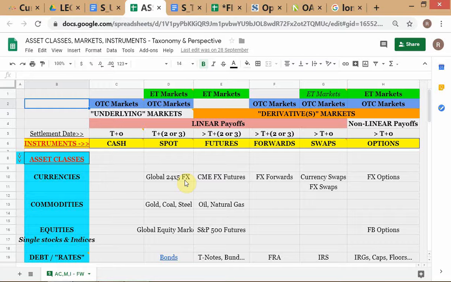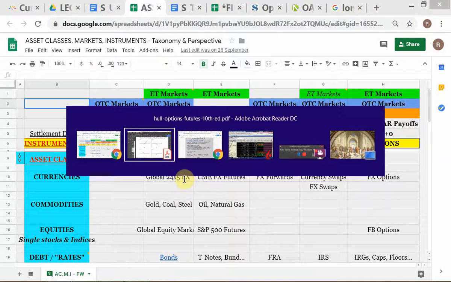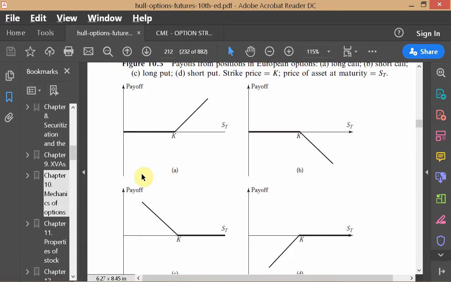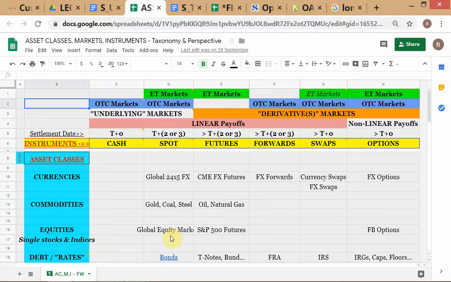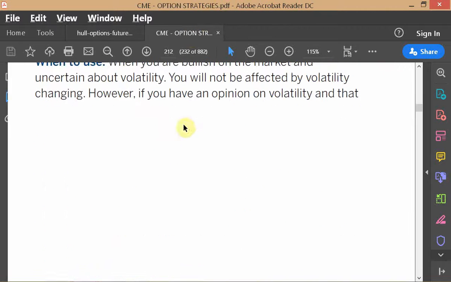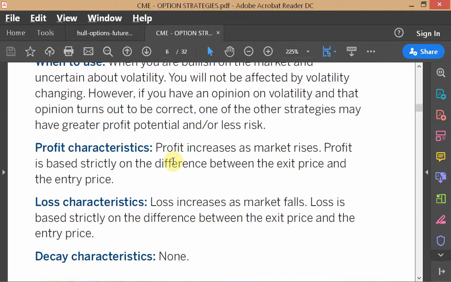Your job is to make sure that you understand the concept, not just read and memorize and try to do something in the exam. Okay. So this is so everyone is clear why options are called non-linear, because there is a kink in the curve, in the payoff curve. Now let's look at, this book is also in your finance reference from the last semester,